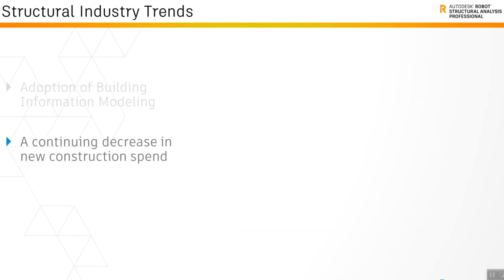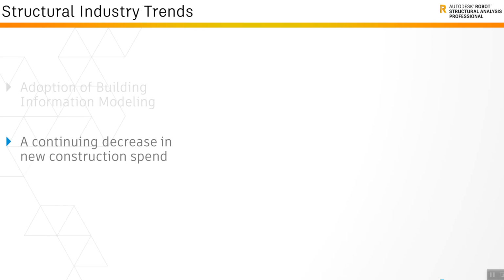What are the basic structural industry trends we are facing in our day-to-day life? Adoption of building information modeling is a famous industry trend going on in our day-to-day life. BIM provides structural engineers with a competitive advantage by enabling the design, analysis, and optimization of structural systems. As owners, contractors, and designers continue to adopt BIM at a rapid pace, as you all know, BIM is emerging into a business, and the future will be in BIM.